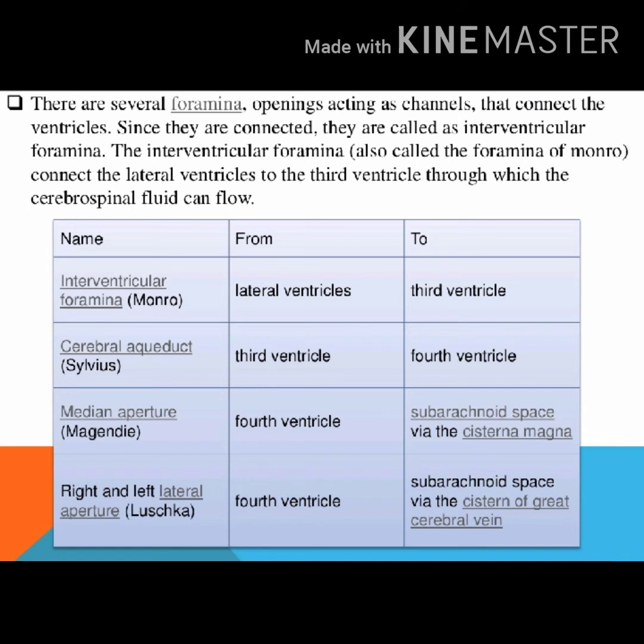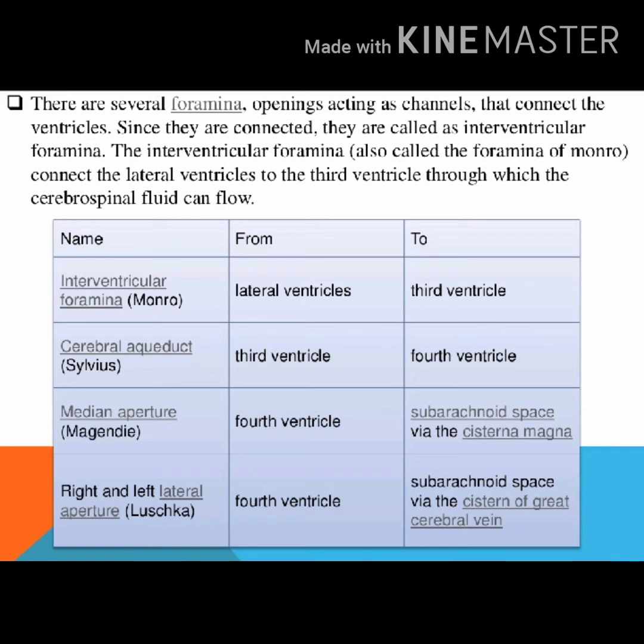Now we can see a small summary of the ventricles. The first column indicates the gap connecting the lateral, third and fourth ventricles, and how they are connected with others. See here the connection of the lateral ventricles to the third ventricle is called the interventricular foramen, and the third ventricle to the fourth ventricle, that gap is called the cerebral aqueduct of Sylvius, and next is the fourth ventricle to the subarachnoid space,